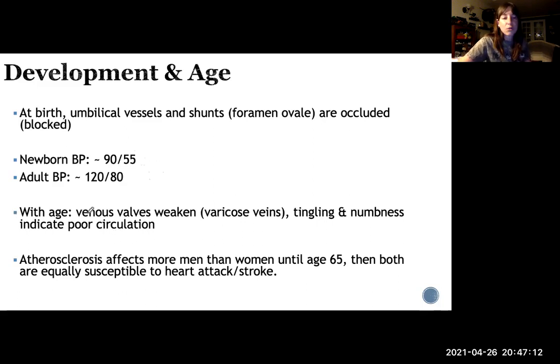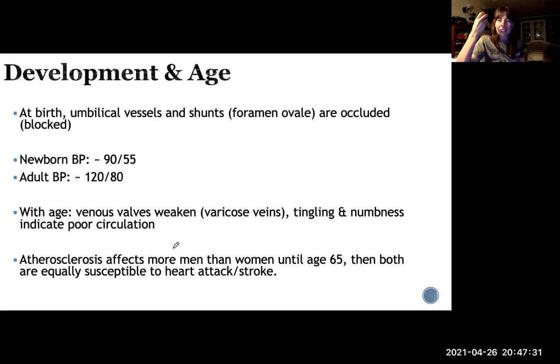As you get older, of course, your venous valves are going to weaken, leading to varicose veins. But that's not really that bad of a thing. Worse is tingling and numbness in the extremities, indicating poor circulation. And then the worst of all that can happen is atherosclerosis, which is a buildup of plaque, and it's actually